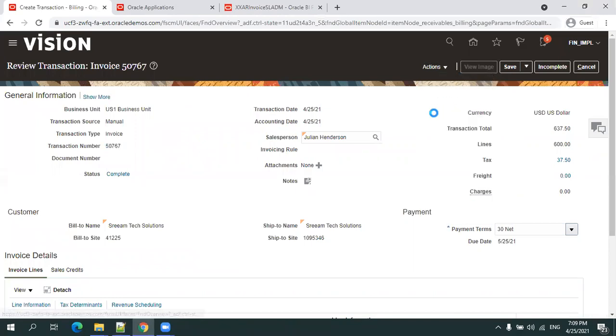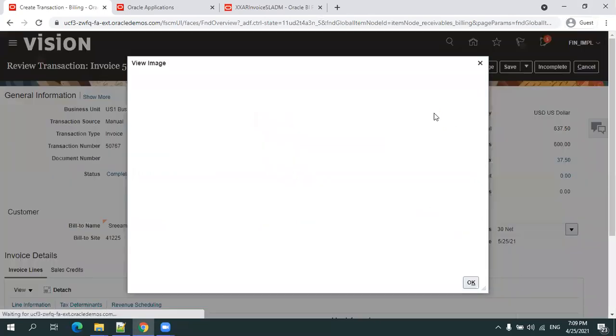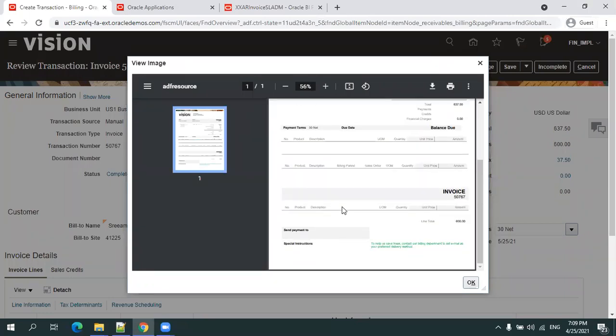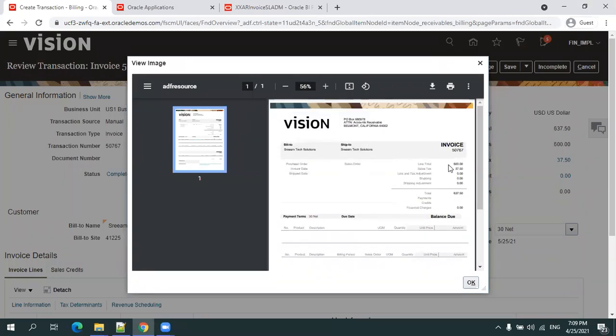Now what we have to do, click on actions, or you can click on image. It generates the default AR invoice template. You'll have a standard report for the AR invoice. By default, it will generate the information here. Most of the clients generally customize this AR invoice, like a logo or some set of colors, or they want to have some extra information.